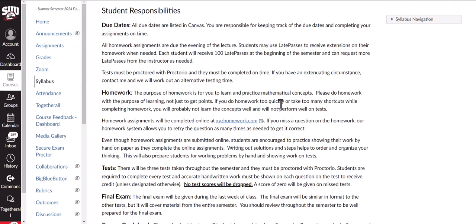So you will receive 100 late passes at the beginning of the semester, and you can request more from me as needed. I don't care how many late passes you use. I would obviously recommend that you finish all of the assignments before the test that the assignments are on, because otherwise you're really going to struggle on the test. But the goal of the homework is to help you learn, and if you need an extension to help you learn better, that's totally fine. But do your best to submit the assignments on time, because that will help you not feel overwhelmed as the